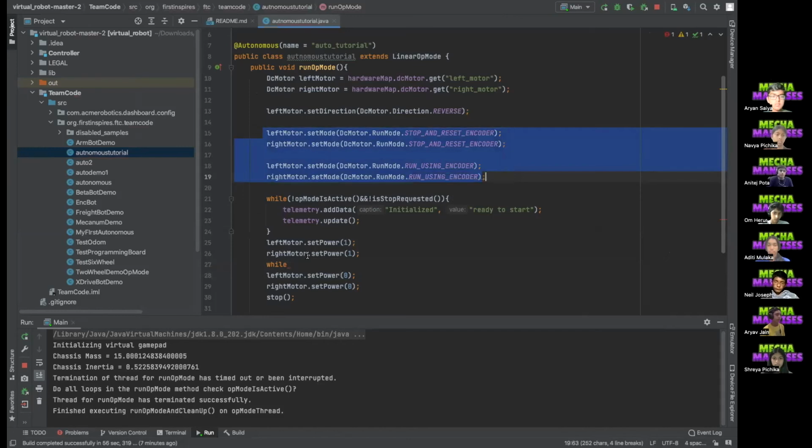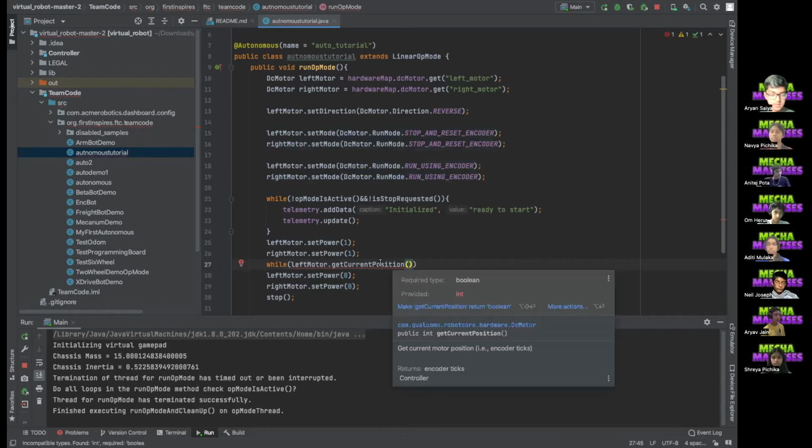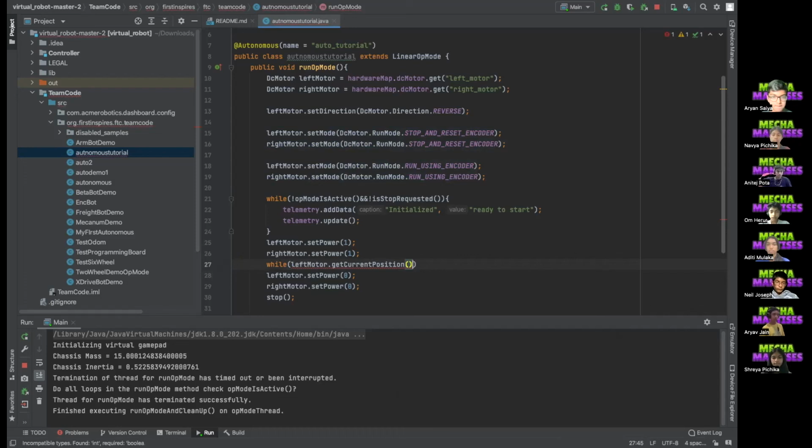Okay. So basically, now that you're back here, while, and then you want to check the left motor dot get the current position. Oh, I spelled current wrong. Position, and then parentheses, and then you want to make sure we have an error here. Oh yeah, okay. So then you want to make sure that's less than